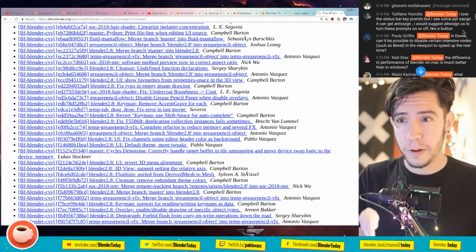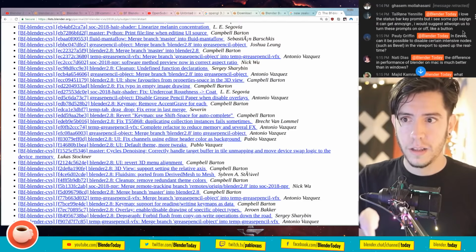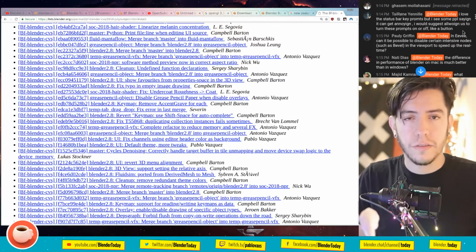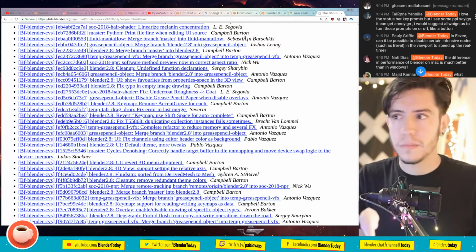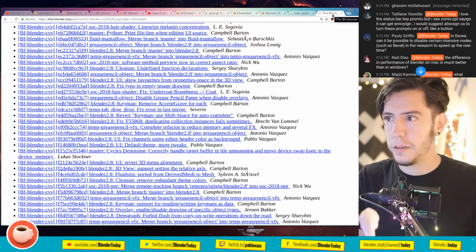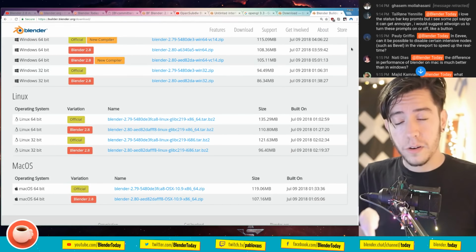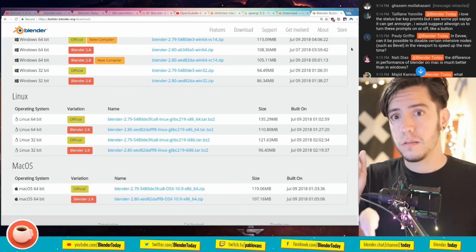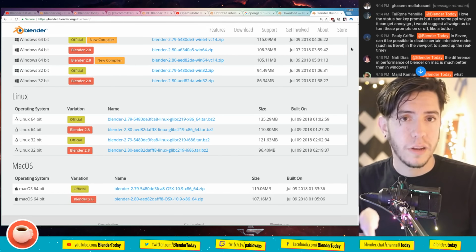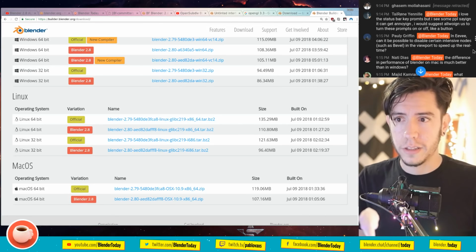I love the status bar key prompts, but I see some people saying it can get annoying. I'd suggest allowing us to turn these prompts on and off. Yeah, well, you can turn the whole status bar off, or you can also just calm down the colors, tweak the colors so they don't affect you so much.